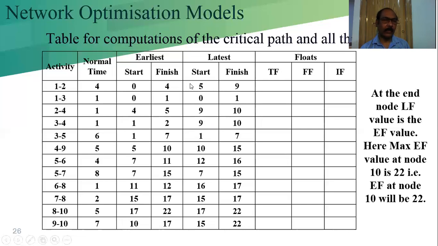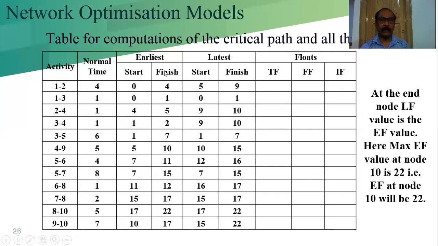And another one is 2. What is the value of 2? 9. So 9 minus 4. 9 minus 4, we are getting 5. So out of this, which one is the minimum? That should be the L value at 1, the minimum of this. So this is the calculation of